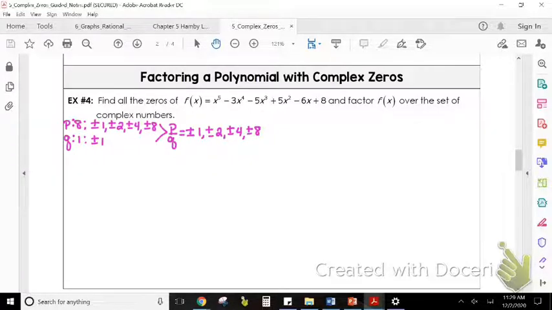And then we have to pick one to try. But we had talked about prior to Thanksgiving break that we would use our calculator to guide us. We're still going to show our synthetic division. We're still going to show that it works. And we're also going to bring this down to x squared so that we can either factor or we can use our quadratic formula to finish solving it. Alright, so we're either going to choose one or use our calculator to help us. And so the first one I'm going to choose is,